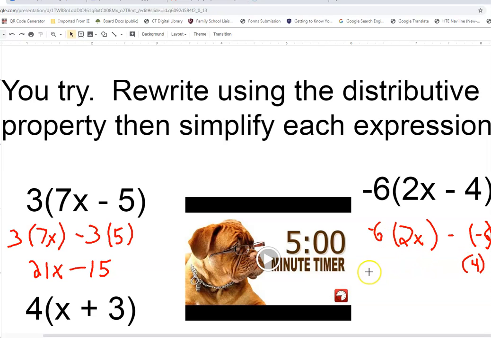Okay, so that's going to give me negative 12x. Okay, and then the minus negative 24. And I'm going to rewrite that, change subtraction, adding the opposite, and going to negative 12x